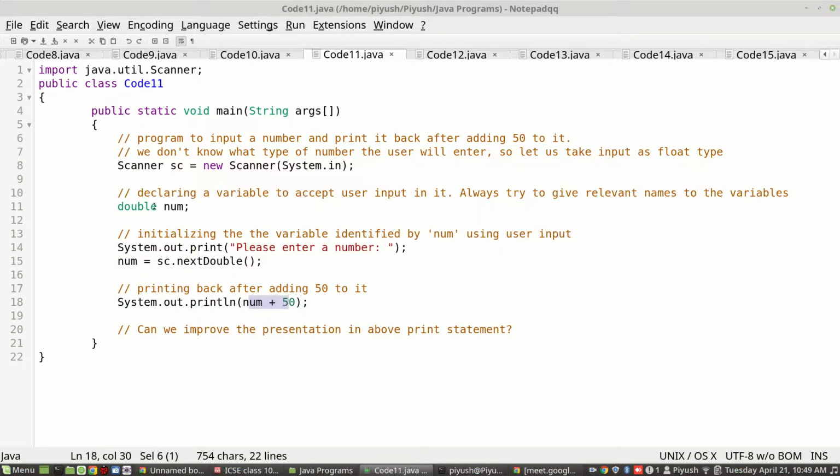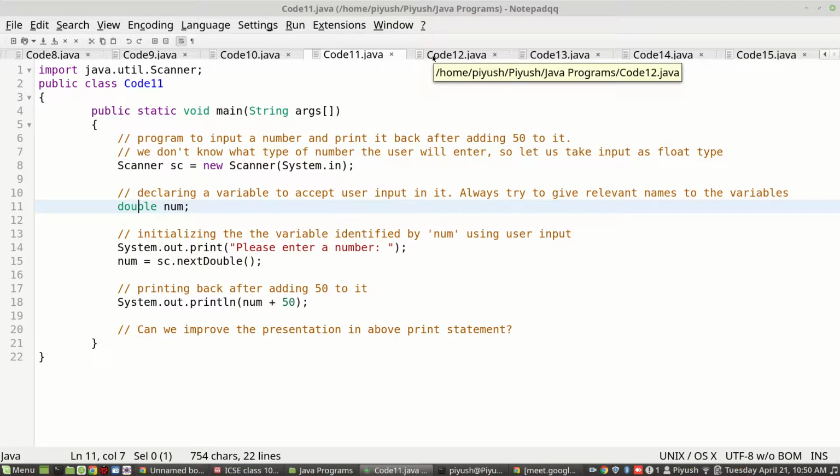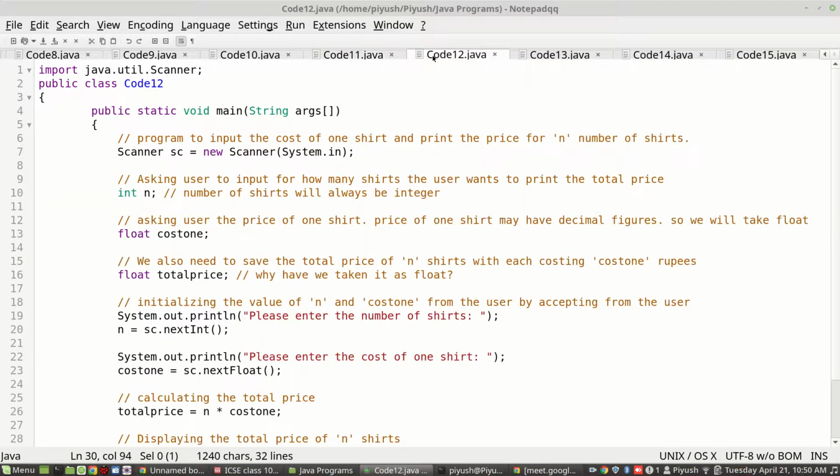So like we saw, both double and float will work, but we will prefer float as it consumes less space. It's just for the sake of showing that I have taken double here, so that you know both will work. Fine. In the next code,